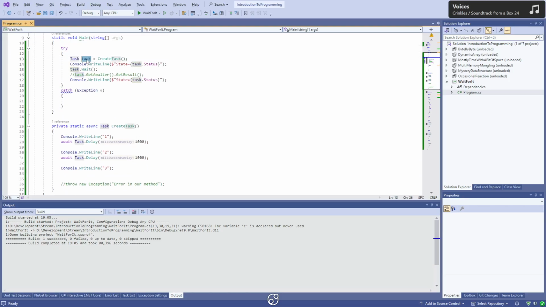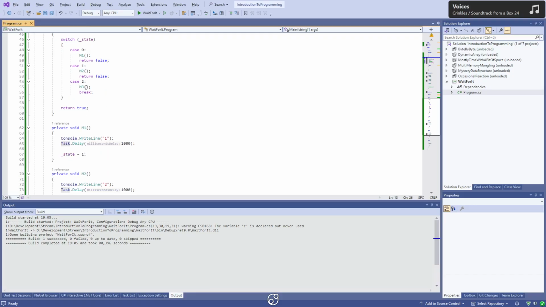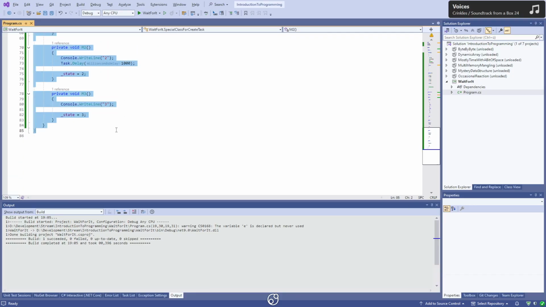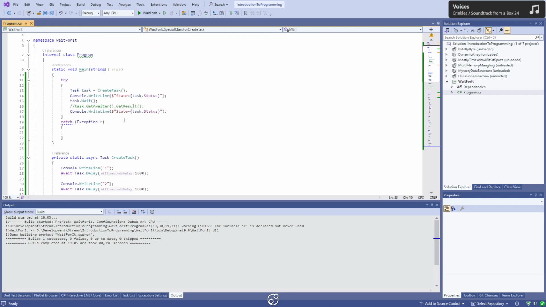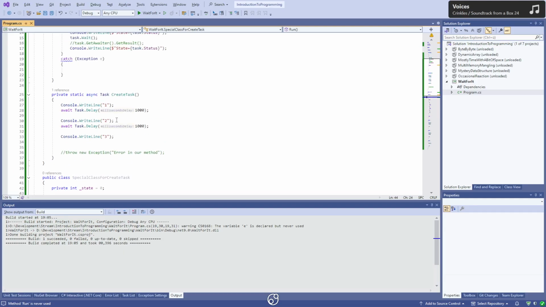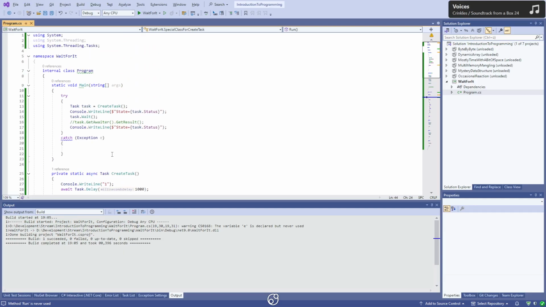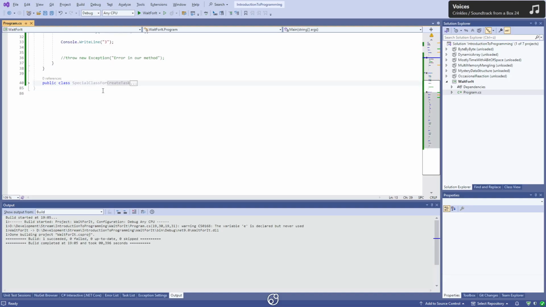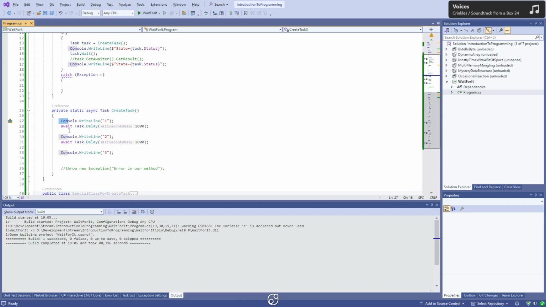So the task we have up here is actually more like this entire class, and as long as this run returns a false, we will just hit it again and again and again, and that will happen internally. We don't see that. All we see is this code that awaits another task internally. And it just means, if we put it in a less specific term, if we try to be more abstract,